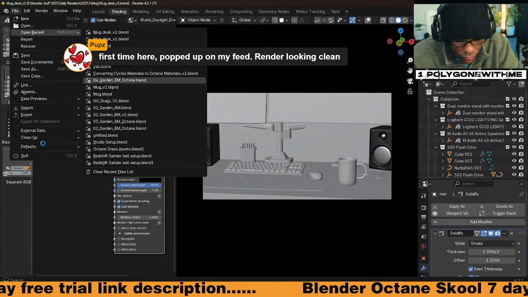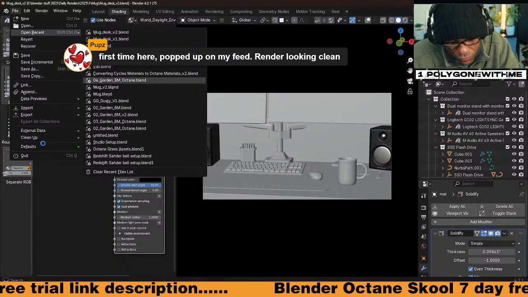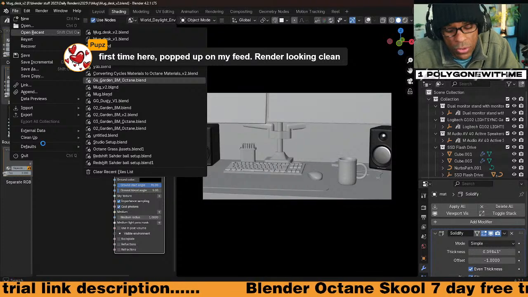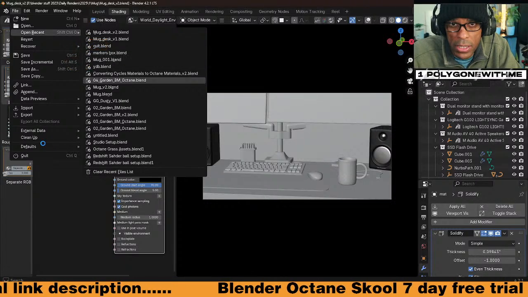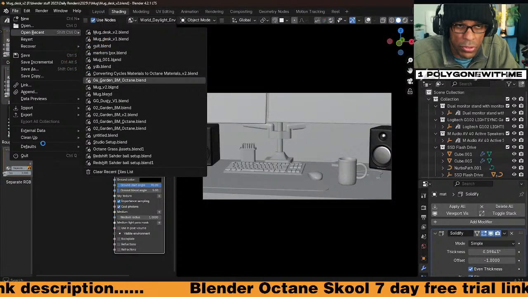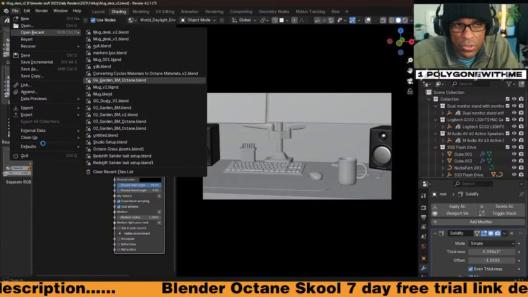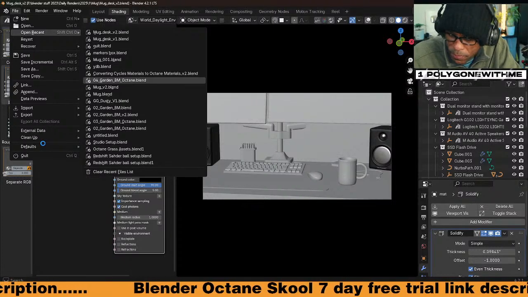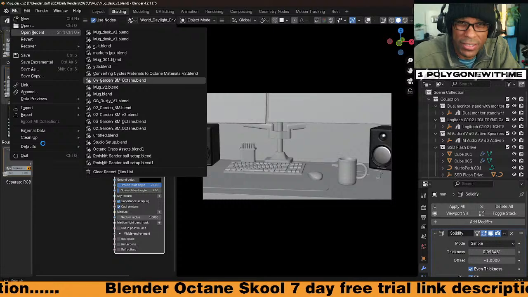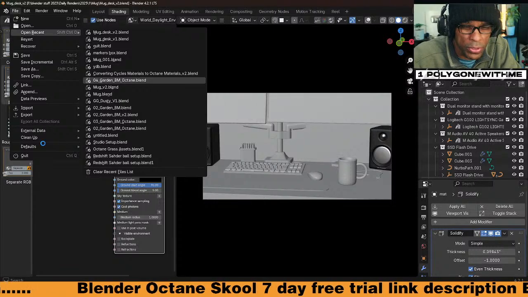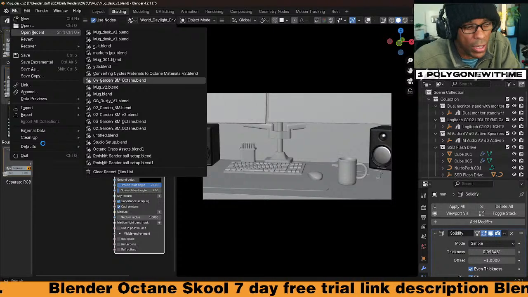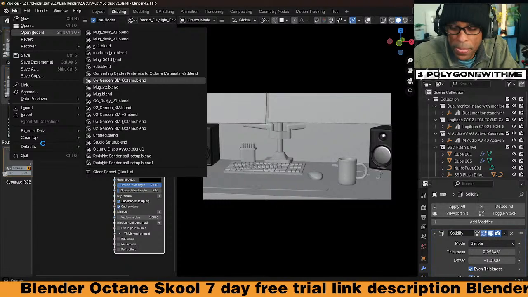Yeah, we're just wrapping up. I'm blocking out my scene for a render challenge we're doing in my community where you gotta model a mug. So I modeled a mug and I'm putting it on my desk. So I kind of recreated my desk. I just blocked the scene out, and tomorrow I'm going to convert some materials from Cycles over to Octane and add some more stuff on there.